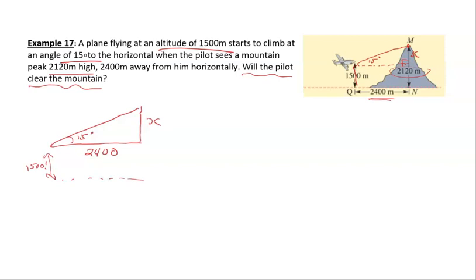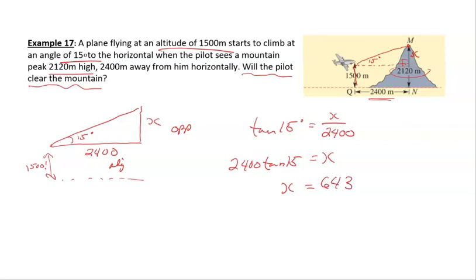All right, so what are we dealing with? Oh, look, x is the opposite. This is the adjacent. Our old friend tan is back. So we know that tan 15 degrees is equal to, do I need to write it? Opposite over adjacent. And now this one's easy to solve for x. We multiply both sides by 2,400 because we were dividing it by 2,400, and that'll give us x. So if we use our calculator, we'll find that x is equal to